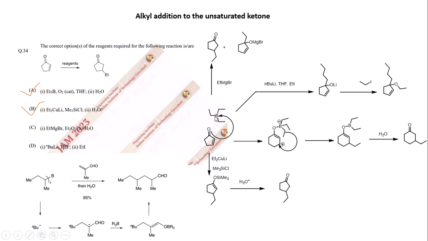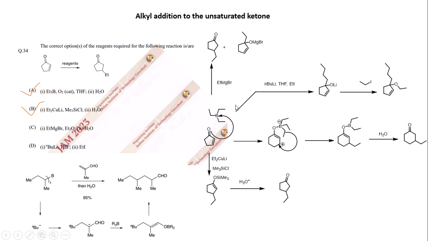An alpha-beta unsaturated ketone reacts with a trialkyl boron to give an intermediate where the boron contains a vacant orbital, and after alkyl migration and isomerization we get the 1,4-addition product. Similarly, the Gilman reagent always adds in a 1,4-fashion, and trimethylsilyl chloride can quench this enolate, and after acidic hydrolysis